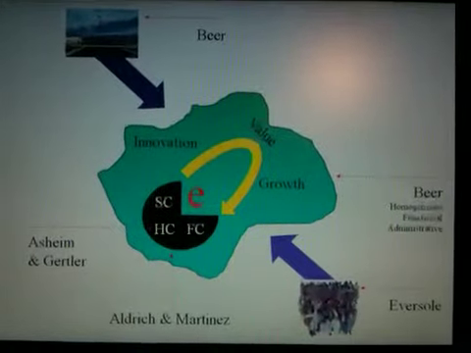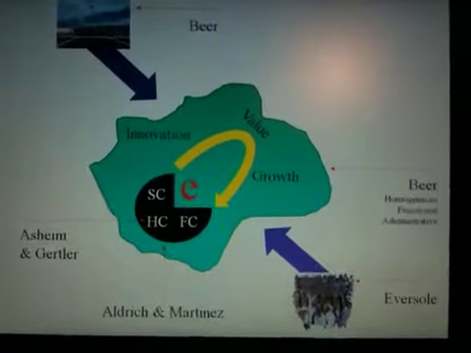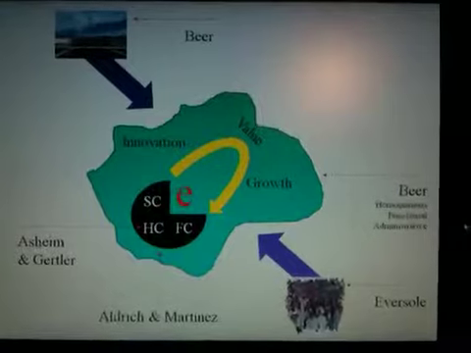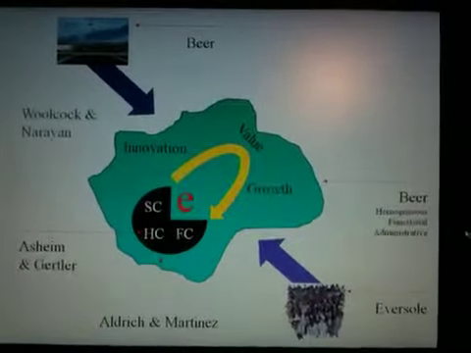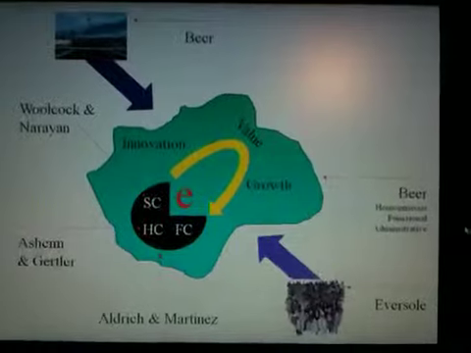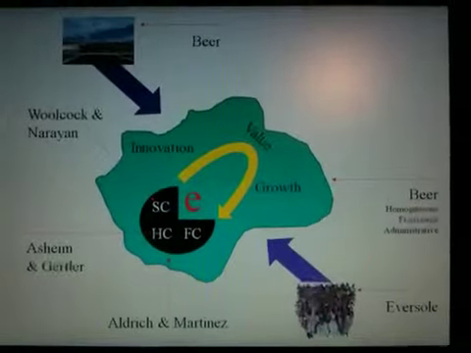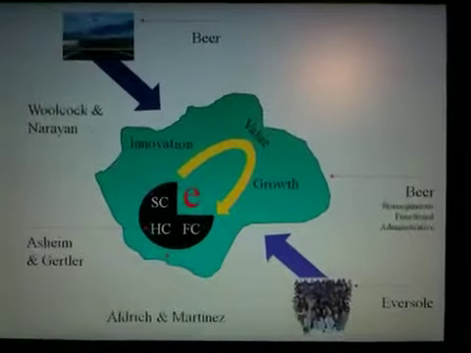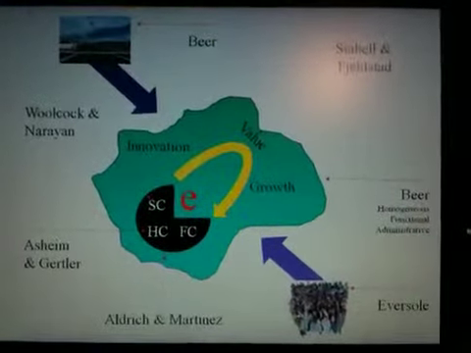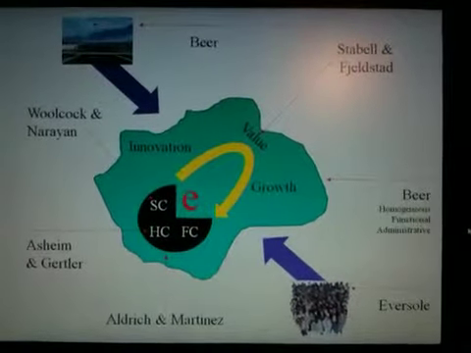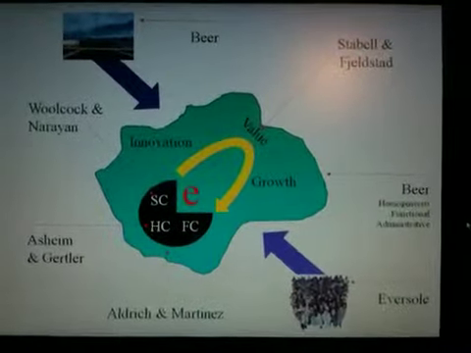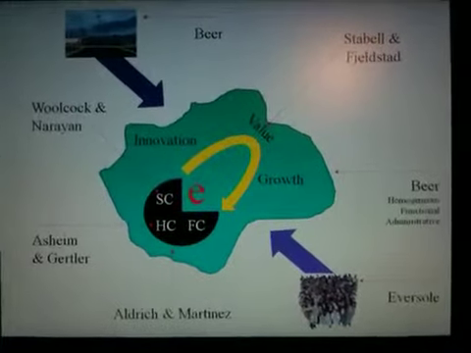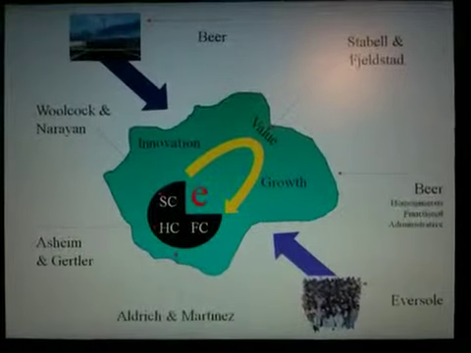Hashim and Gertler talk specifically about the nature of knowledge and different types of knowledge which may be related to the process of economic development, so that's very much related to the human capital. Whereas Woolcock and Naram talk very much about different types of social capital which we may observe in a particular region across time. The article by Stabell and Feldstad talks very much about different types of value change, value shops and value networks. So I think you can see, very, very simply, just across this very basic